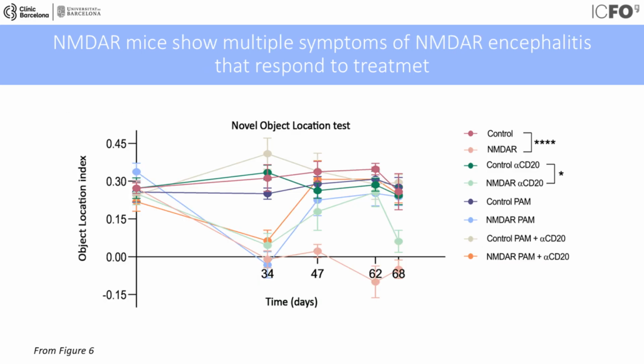Finally, we assessed the behavior of the model, and we demonstrated that NMDAR mice show psychotic-like behavior in the acute phase of the model and depressive-like behavior during the chronic stage of the model. This resembles the clinical presentation of patients. In this slide, we show that NMDAR mice also present with memory impairment. Treatment with anti-CD20 temporarily recovers this, but treatment with the allosteric modulator or the combination of both treatments is effective